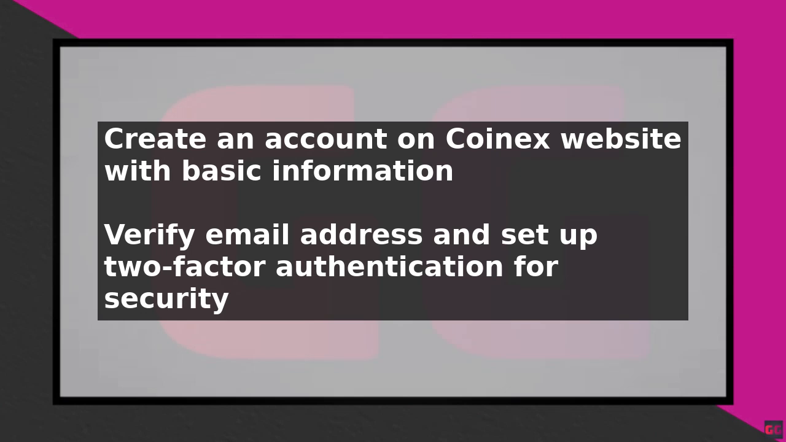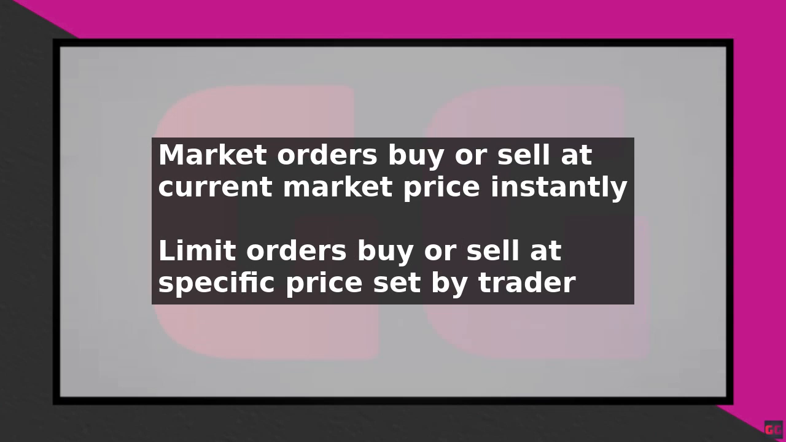potential losses. The CoinEx platform also offers a range of trading tools and indicators, including charts, trend lines, and technical indicators. These tools can be used to analyze market trends and make informed trading decisions. For example, you can use the Relative Strength Index to determine if a cryptocurrency is overbought or oversold, and make